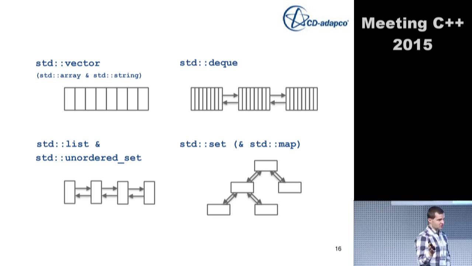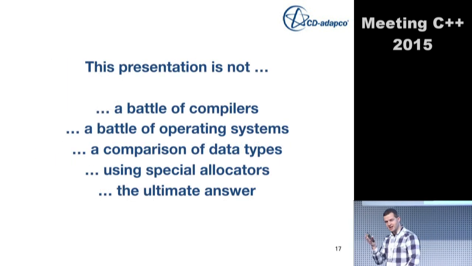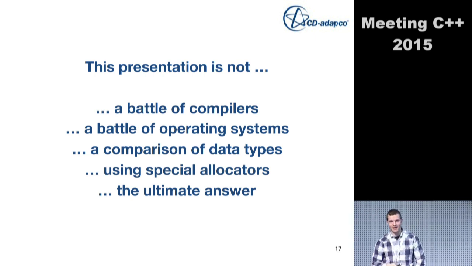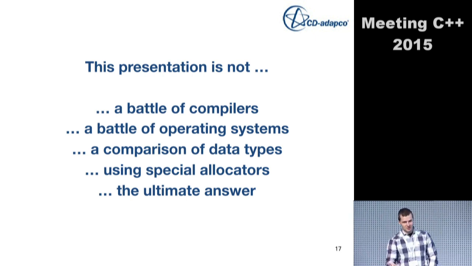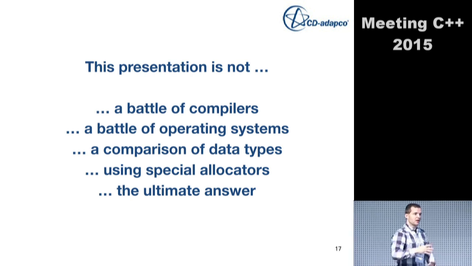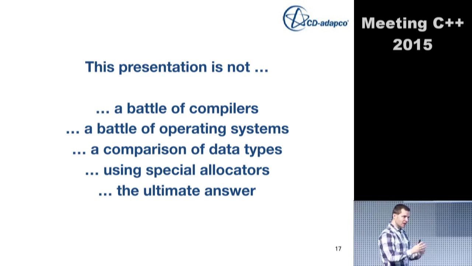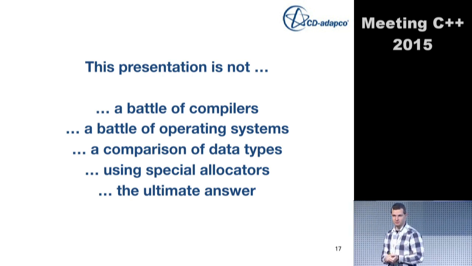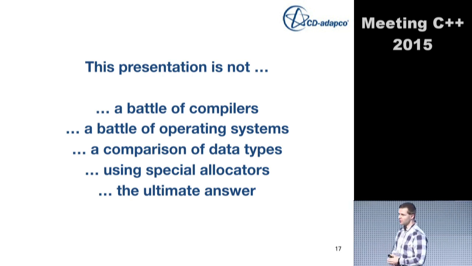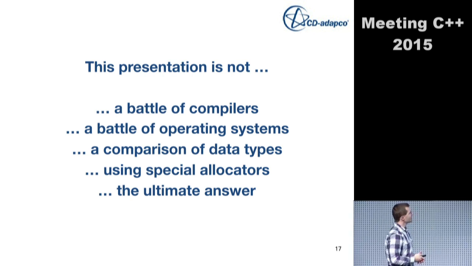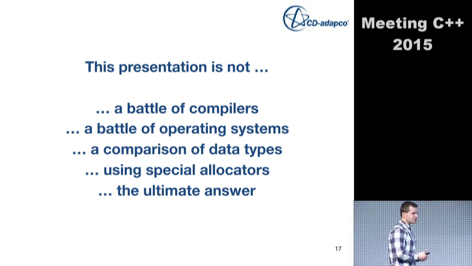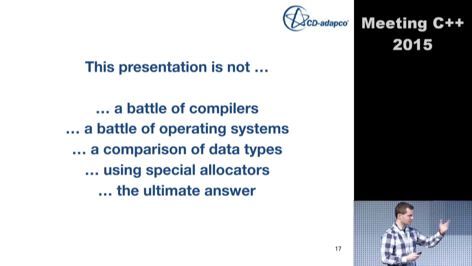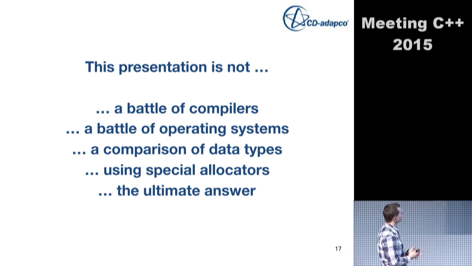A short disclaimer also, because there's a couple of things this will not be. So this is not a battle of compilers. So I will use one compiler, and this should be completely sufficient. Different compilers might give you a little bit different results. From a qualitative point of view, it should be equal. So the factors might not be exactly the same number, but you should get a fairly good idea. This is also not a battle of operating systems. I don't care which OS you use. I just used the laptop I had.